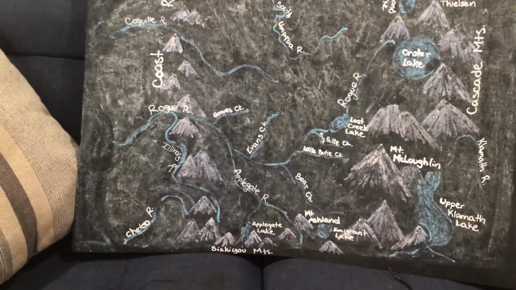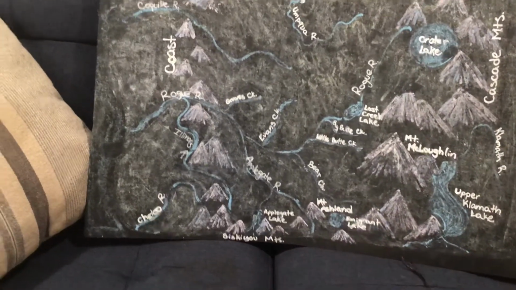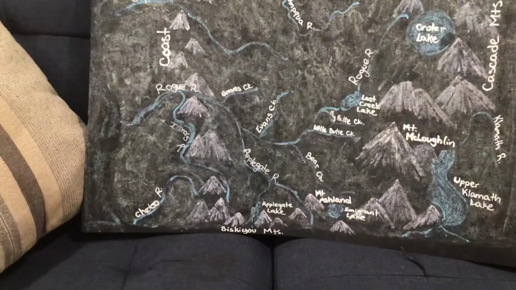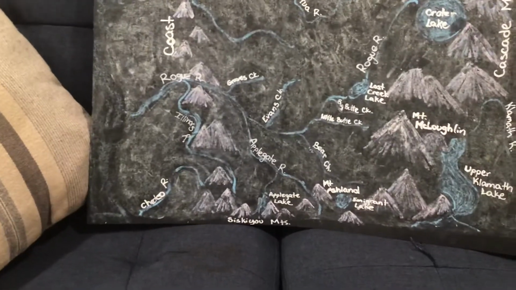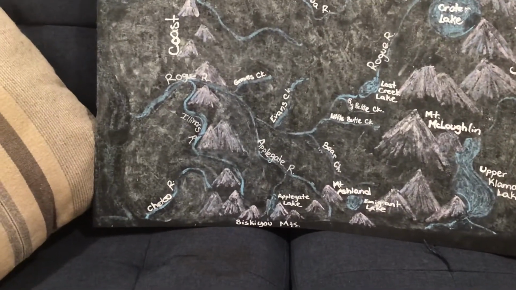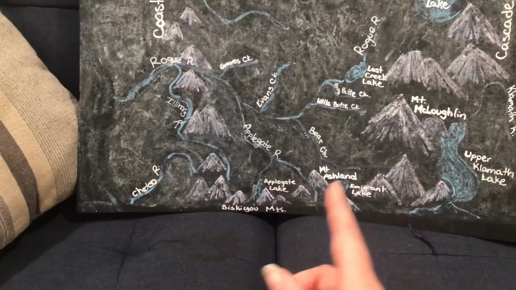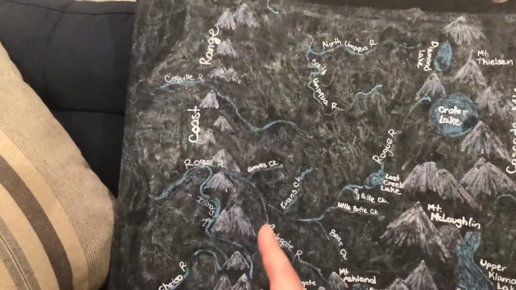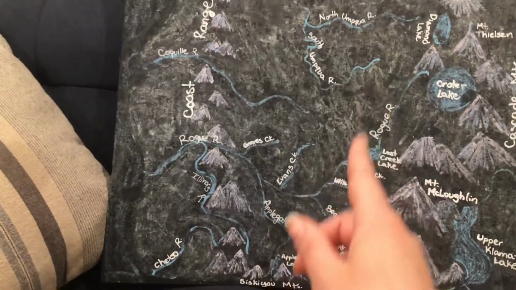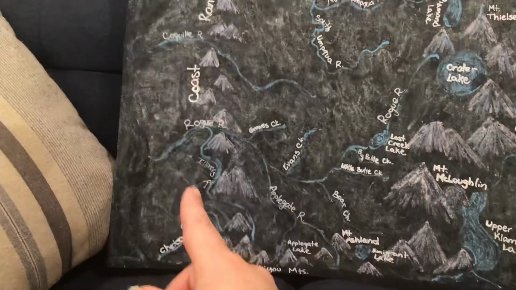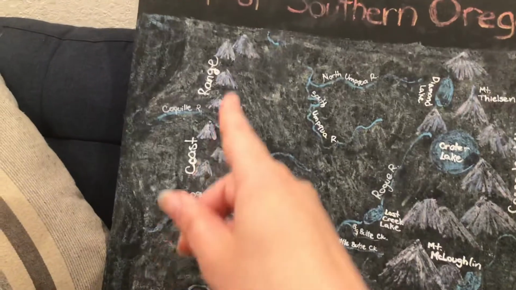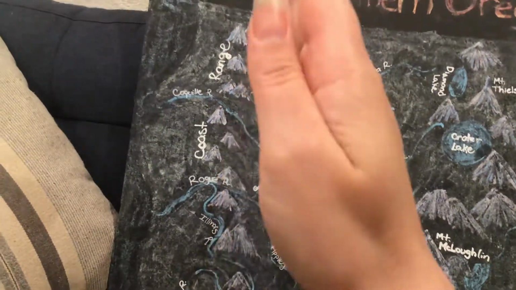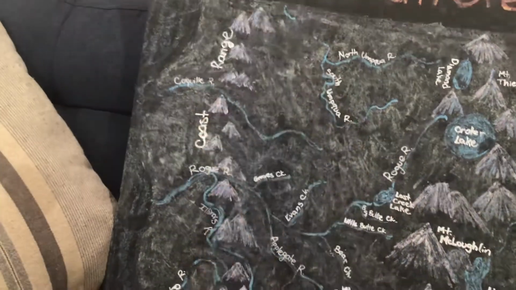We have Siskiyou Boulevard in Ashland. There's the Siskiyou School in Ashland. There's also a Siskiyou Boulevard in Medford. So this is a common word that we see in our region, and it comes from these Siskiyou Mountains here to the south of us. And then we have these mountains that divide our valley from the coast, and that is of course called the Coast Range. And this is another range that goes all the way north to south in Oregon.